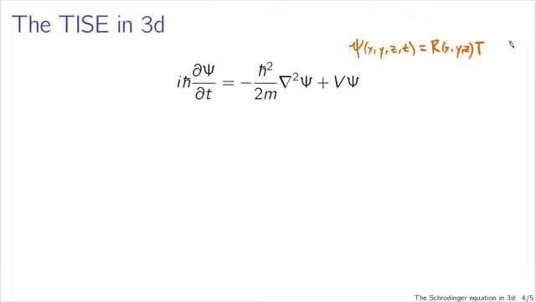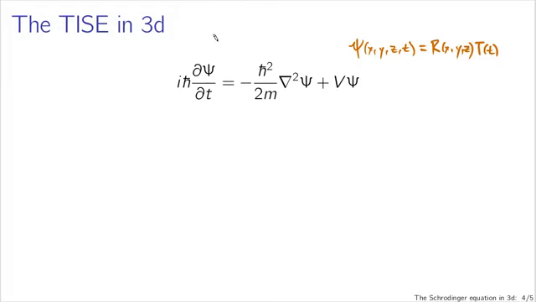I ran out of space here, but that's what this is going to look like. We're going to look for separation of variables type solutions to this equation. Remembering the definition of the Laplacian, it only has derivatives with respect to position in it. The potential operator V is a function of x, y, and z. There's again no derivatives with respect to time, no time dependence in this part of the equation. So the left-hand side of this equation is where all the time-dependent parts of the Schrodinger equation are going to